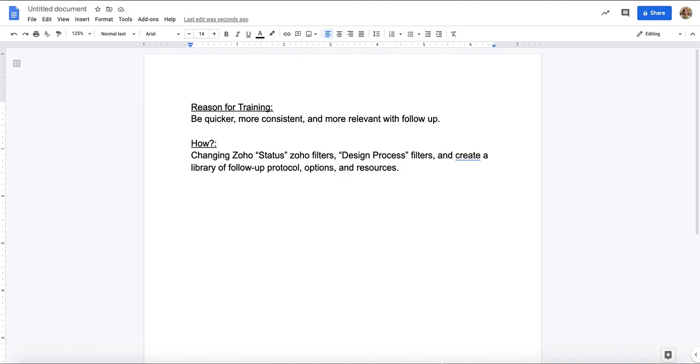So that's the reason. How are we doing that? The reason we were not so great at it in the past is two big reasons. One, the filtration. So like the actual statuses that you could put your leads under weren't super intuitive and super clear as to where to categorize them, so people wouldn't use them, and then you just didn't know who to reach out to. So that's the biggest thing. You just didn't know who to reach out to do follow up.